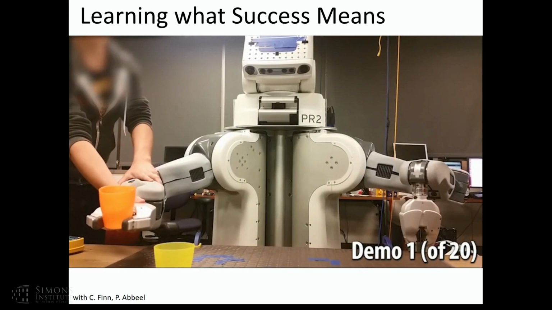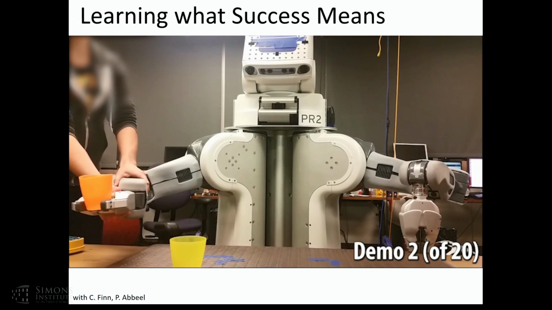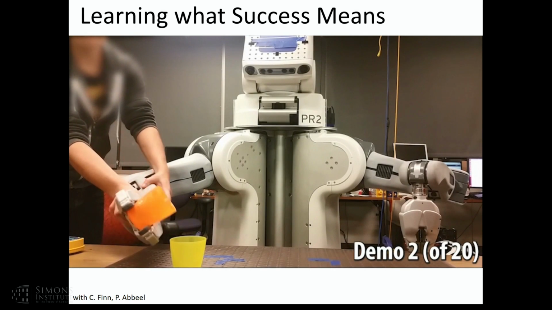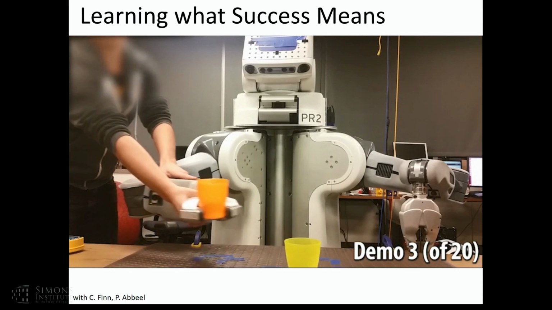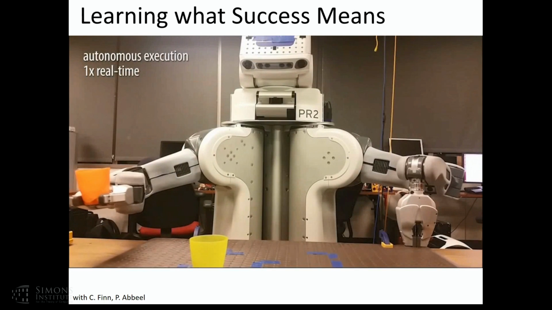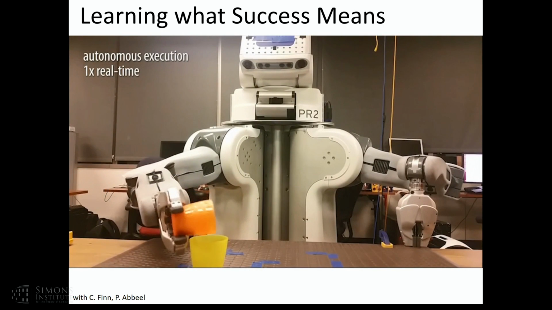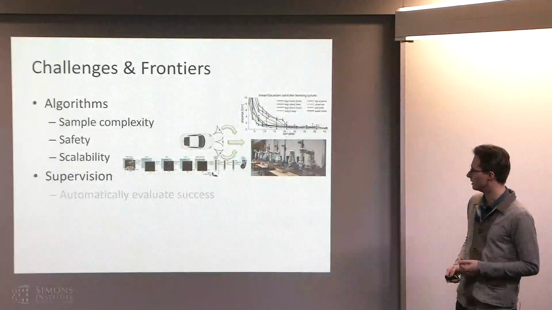So one of the things that we've been working on is learning the cost function using some visual features. So if we have, let's say, a person demonstrating this, this is the inverse reinforcement learning that I mentioned earlier. Can we analyze those demonstrations and actually figure out a cost function in terms of some visual features or in terms of the observations? So that's one way we can bridge that gap. So if the person demonstrates it, then maybe we can have a robot that can use that cost to then solve a task like this. This part I'll skip over.